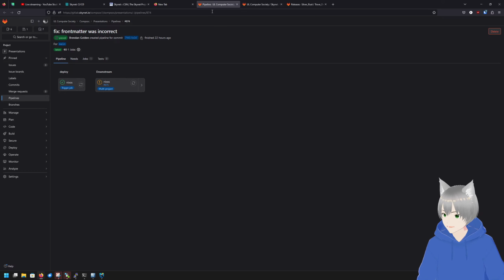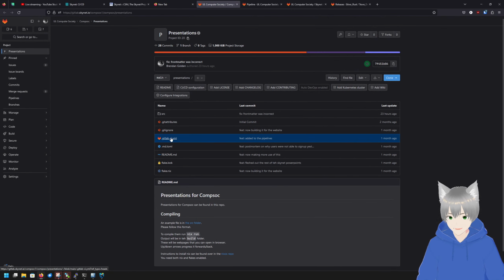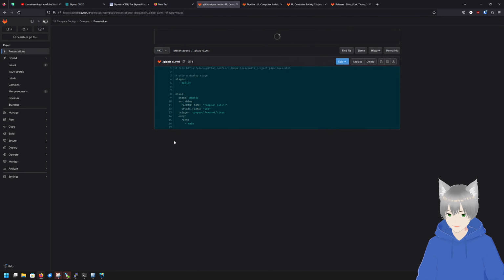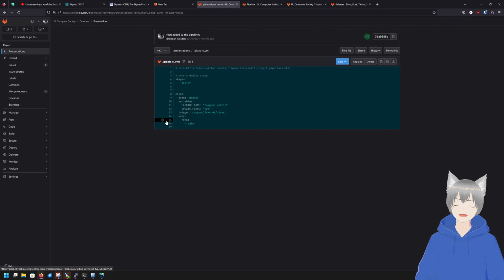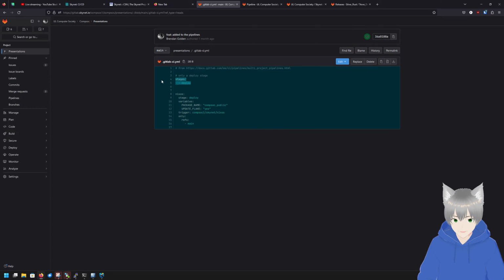So one of the links I pinged a little while ago was actually deploying these slides to NixOS. The pipeline for this is really simple. Actually, I am going to just show you briefly and then I'll get back to it. So on GitLab, there is this GitLab ci.yaml. I don't like the YAML parts, but it works well enough. And it's quite simple in this case. There's only one stage, and it is deploy. And it's deploying to NixOS.